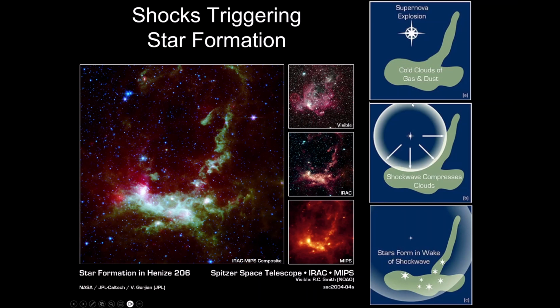On the right-hand side, we see a depiction of how this takes place. You'll notice that there is a curvature to this cloud. That curvature, as you can see in the picture here, gets carved out more. I mean, it initially probably had somewhat of a shape like that. In fact, the starlight from this really massive star that caused the explosion probably started to push things out into this arc here, and then the supernova explodes and pushes all this stuff down, and all the new stars start popping up out of here.